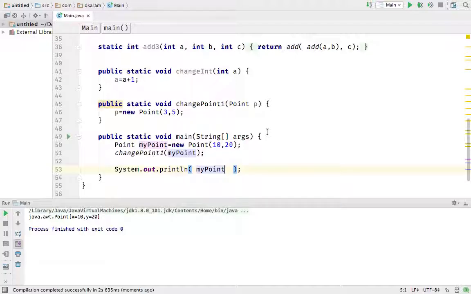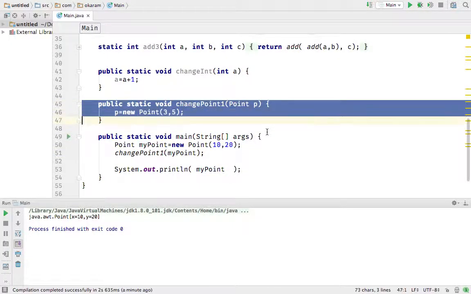You have a reference. You changed the reference, the change didn't stick. You didn't change the object, you just changed the reference, and that reference is not accessible outside. It's like a local variable in your parameter. Now,